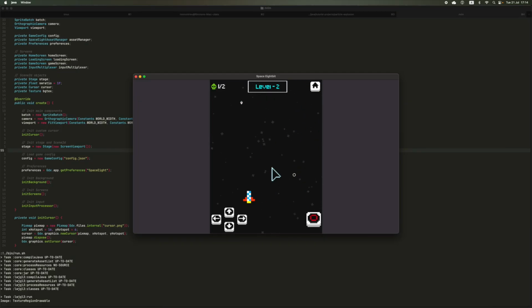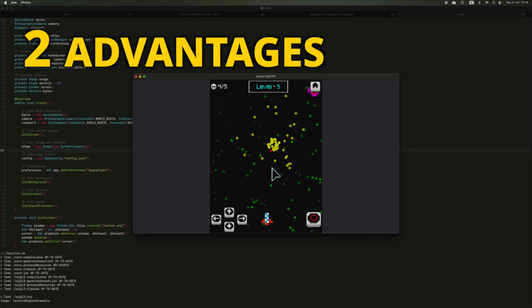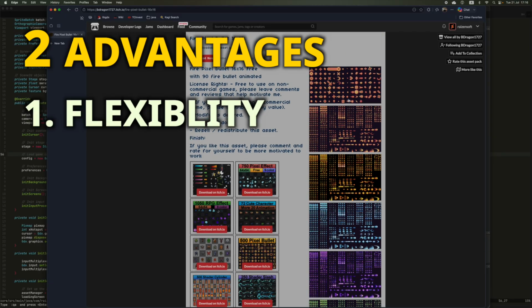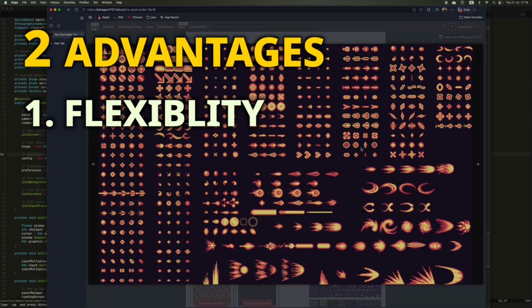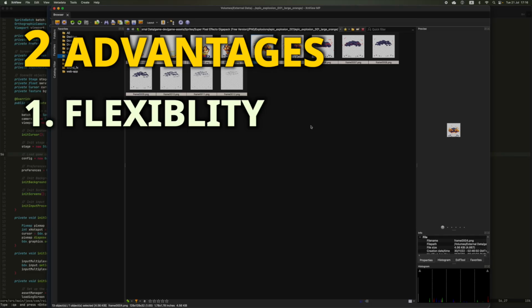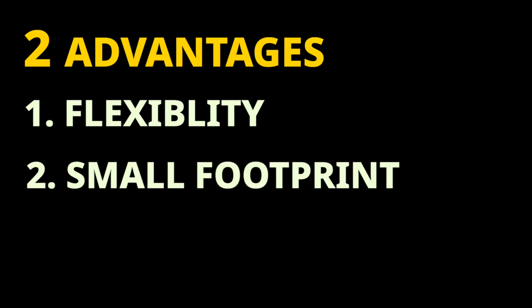So why bother making a custom particle effect at all? There are two major advantages of using a dynamic particle effect versus a handmade sprite animation. Number one is flexibility. Unlike a static animation, you can easily change the effect strength, color, intensity, speed, and effect size because all the parameters are dynamic and the effect variables are computed at runtime. And number two is small footprint. You only need a few hundred bytes to store the effect sprites compared to hundreds of kilobytes or megabytes of